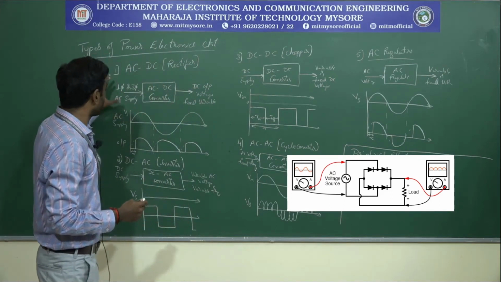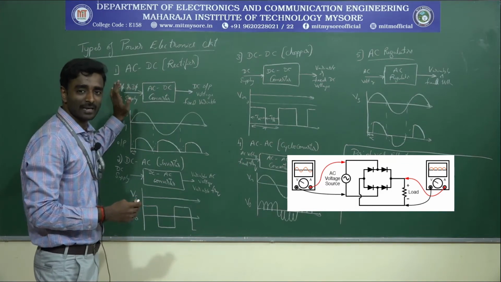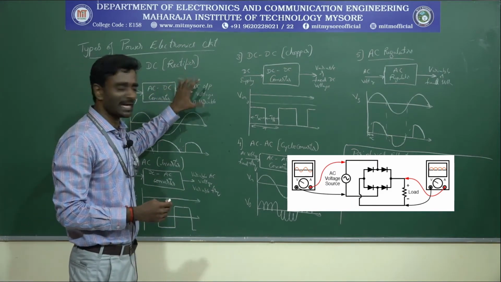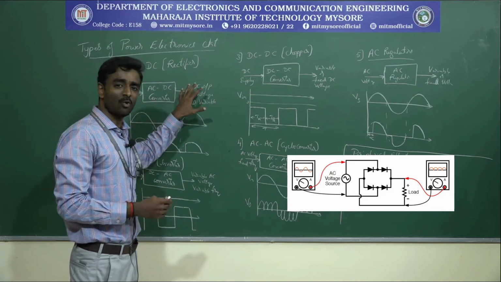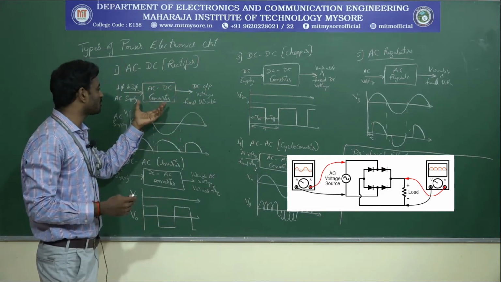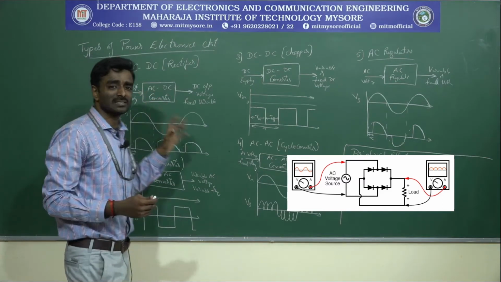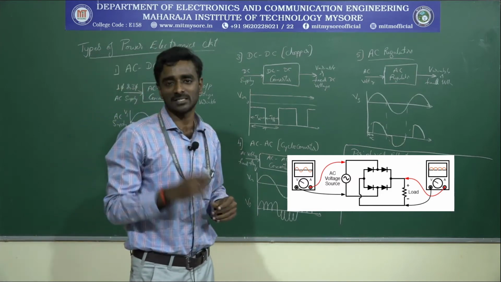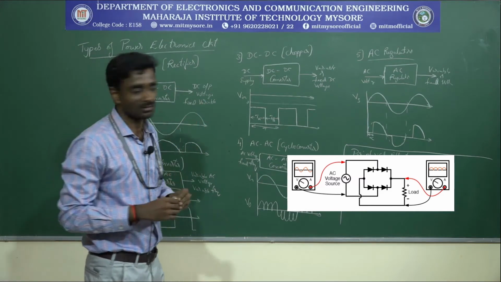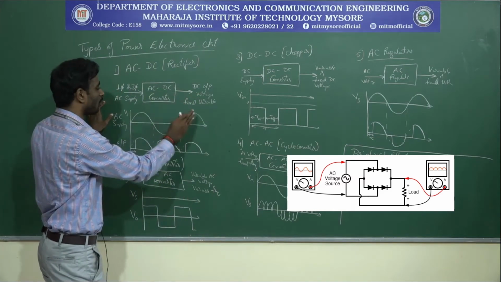If you consider the rectifier, what is my intention? I will be having an input voltage of single phase or a 3-phase AC supply, and I should get a desired output. So if I am using a rectifier, my desired output is to get a DC voltage. That DC voltage can be variable or a fixed one. To achieve this, I will be using a converter, and to convert from AC to DC, I will be using power devices. Those power devices will act like switches for conversion from one form to another, and also for controlling the voltages.